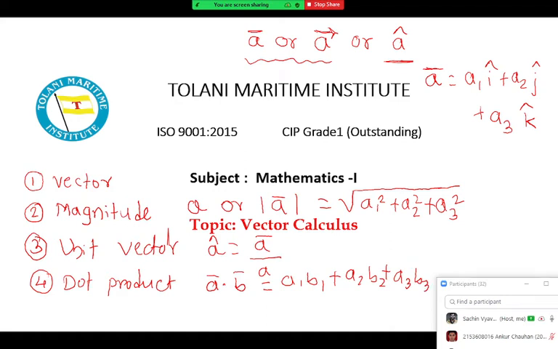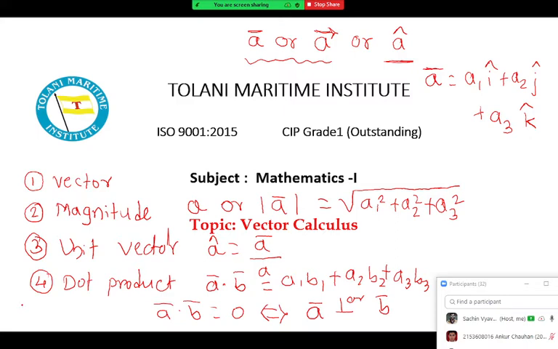There are two more important properties of the dot product that we require. The first one is regarding whenever we have to prove that vectors are perpendicular: we can prove just that a dot b is 0. So the first important property of the dot product is that a bar dot b bar is 0 if and only if a bar is perpendicular to b bar. Another property is that we can use the dot product to find the angle between the two vectors. When we have to find the angle between the two vectors, we use the formula.